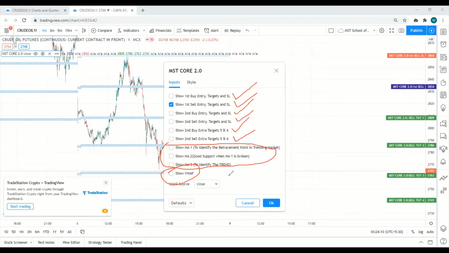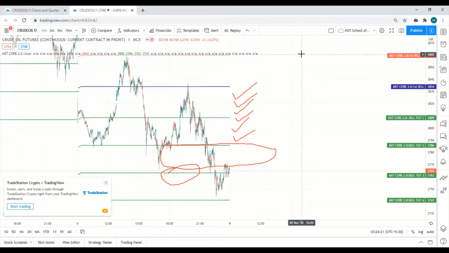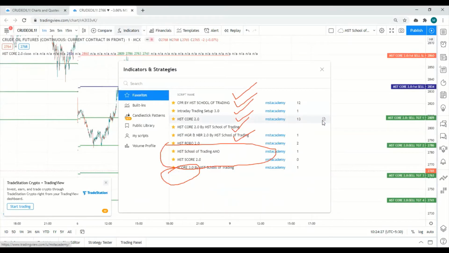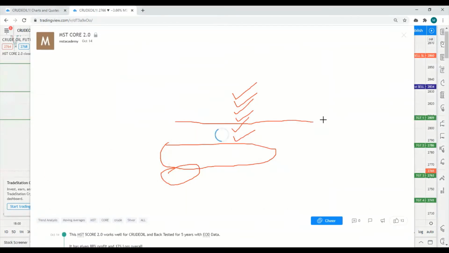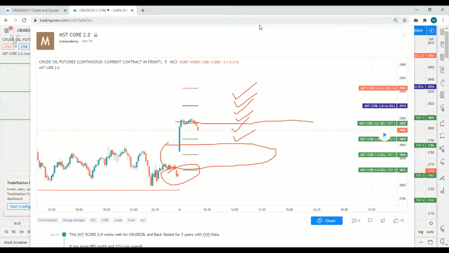Now how to trade as per this indicator? It's very simple. I have already given a manual in the indicator itself. Where is that manual? Go to the indicator and select this portion, and click on this. This is the description mode. This is the description about the indicator. What this indicator will do, we have explained very clearly.